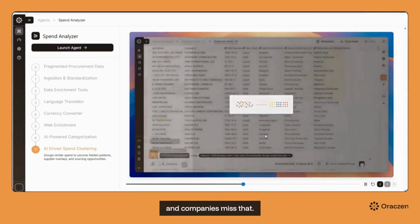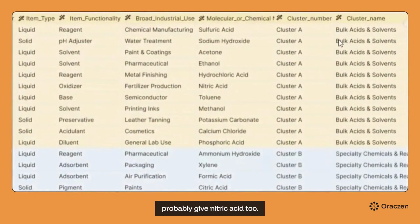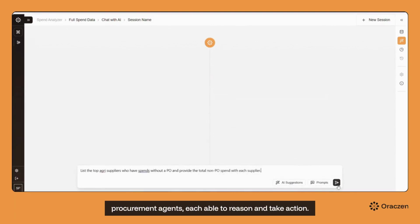And companies miss that. A cluster called bulk acids and solvents. A supplier giving sulfuric acid can probably give nitric acid too. That is strategic sourcing. On top of this data sit use case-specific procurement agents, each able to reason and take